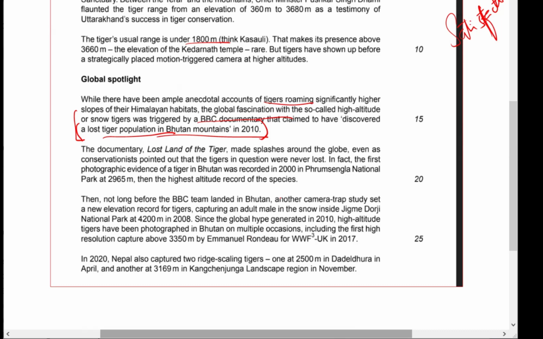In your advertisement, you can mention referring back to the BBC documentary in 2010, where a tiger was lost in the Bhutan mountains, and this was all because of, you can say, low preservation, where the management was not on point, and they were not giving time to the tigers, and security was not up to the mark. All right, you can mention the security,